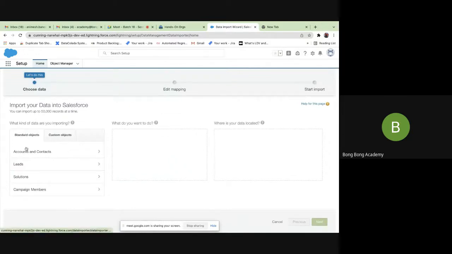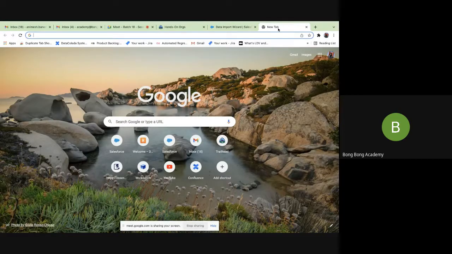You can select which object you want to import data into, and this only gives you import, right? One operation, that is creating or updating. If I go to contact, you can see add or update, but there are still two operations: the read operation and the delete operation, which is not possible through the importer tool. So dataloader.io does allow you to do all 4 operations. Now we will see this in great detail.